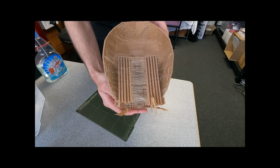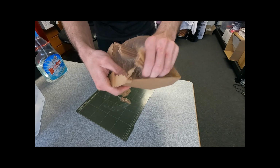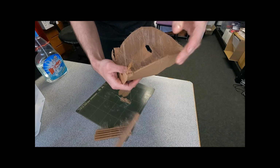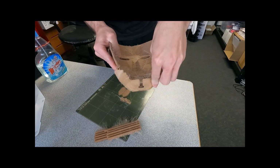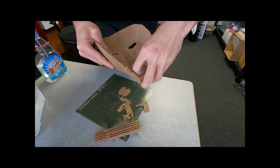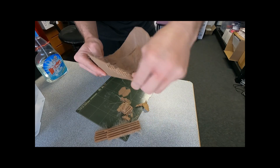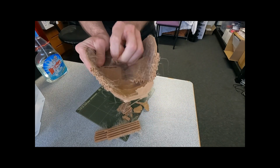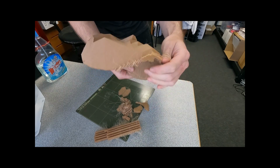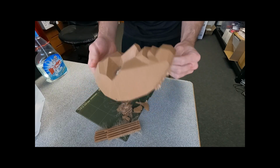Oof, look at the back of that. Looks like a bloody hairy gorilla back there. Start pulling all the supports off. Come off in one piece, that's nice. Beautiful. They pulled off alright. I won't bother boring you with any more support removal. So I'll now head over to the